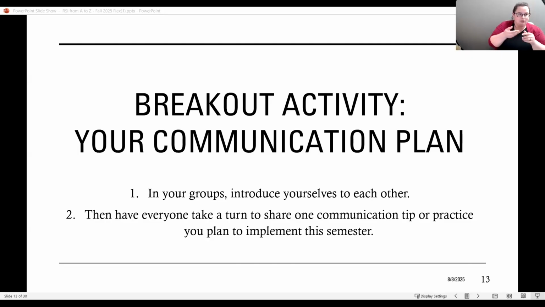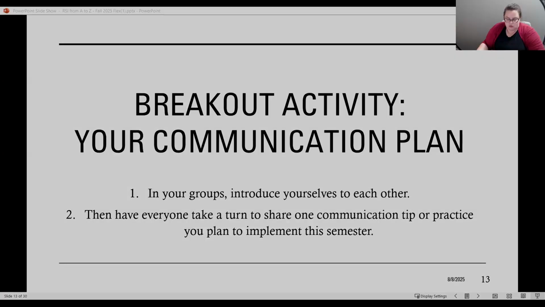Let's try to take about 7 minutes in the group, and have everyone take a turn sharing one thing that they do to reach out proactively to their students to communicate, or some kind of tip that you're going to implement this semester. Okay, so if you want to take a picture of this short little prompt so you know what you're supposed to be doing in the group, that might be a good idea.